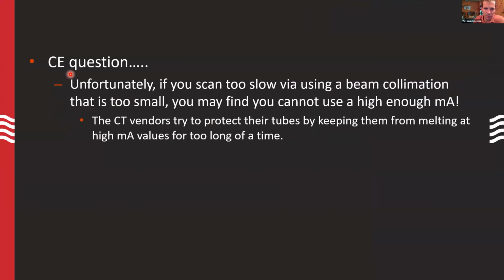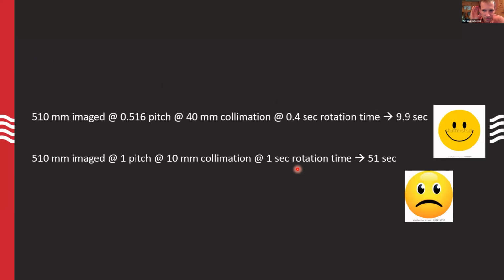So this is another one of my CE questions: if you scan too slow via using a beam collimation that's too small, you might find you can't use a high enough MA. And this is just because the CT vendors are trying to protect their tubes by keeping them from melting at high MA values for too long of a time. So, just to make it clear,